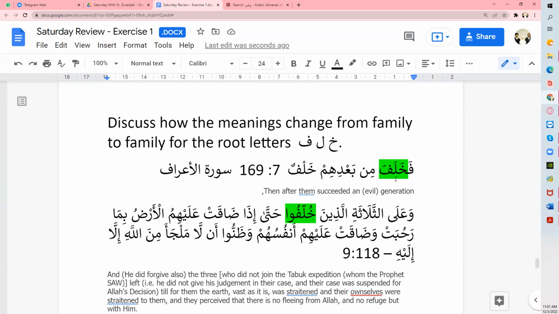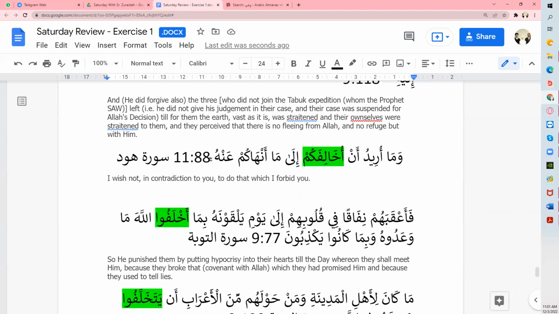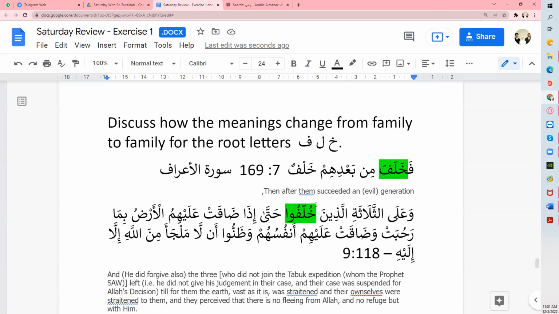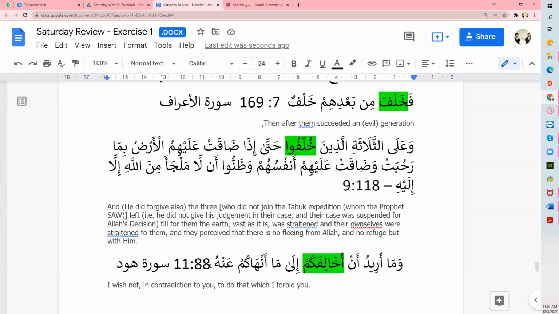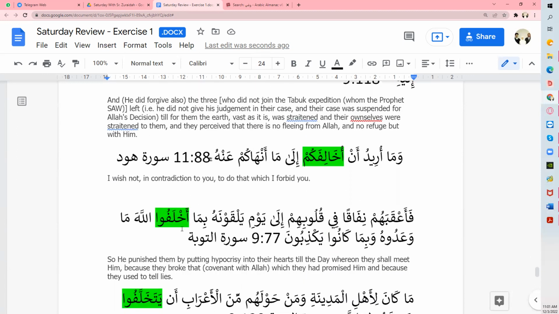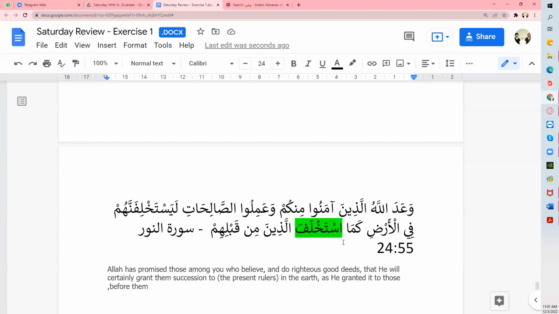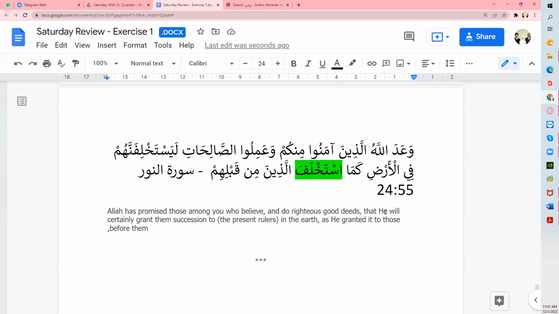Here we have the different khalafa, khulifu, akhalifakum, akhlafu. This was amazing actually. I didn't realize that this word appeared in almost all the families. So this is mujarrad. Yes, this would be family 2. This is family 3. This is family 4. This is extra ta and shada, family 5. And then family 10. Since we've already come to the end of the class, I'm going to post it in the group. We won't do it next week.